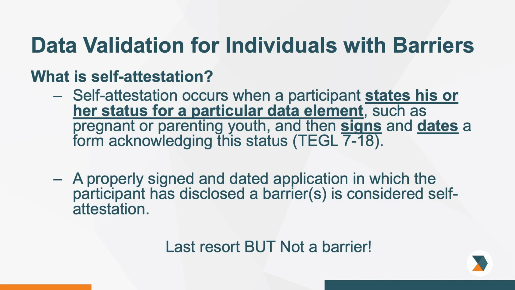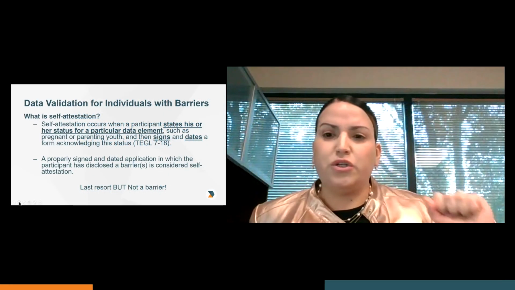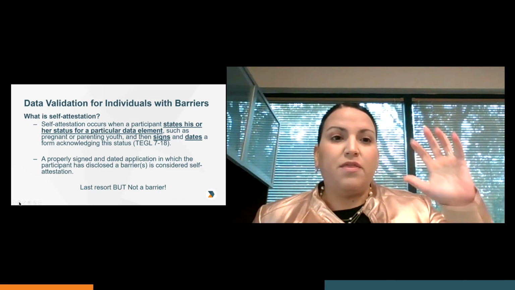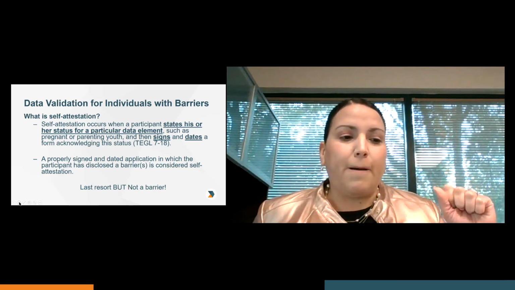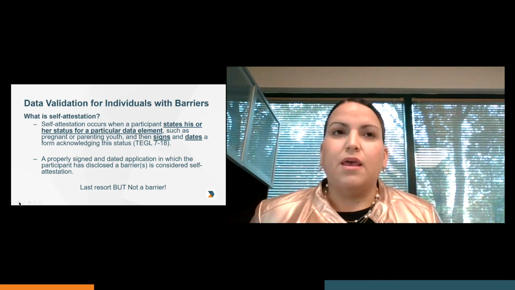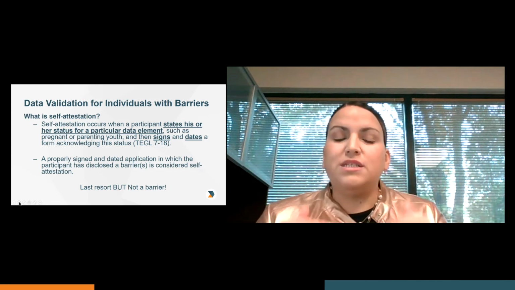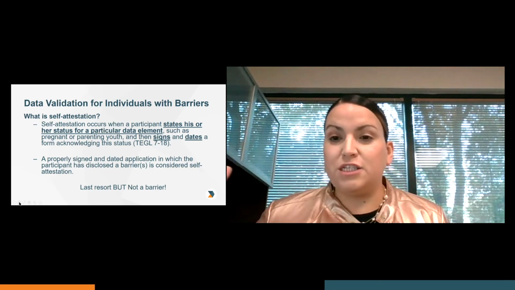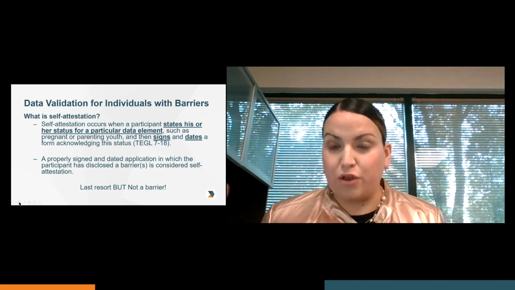Unless, you know, things change and later you have to address them, but you're not using those barriers for eligibility or priority of service. You can use self-attestation. You can have the individuals check that box on your application, say that person has a disability, and then sign and date, and you're good. And that's okay. Now, self-attestation gets tricky when you are moving forward in this process and you have a barrier that you are going to be